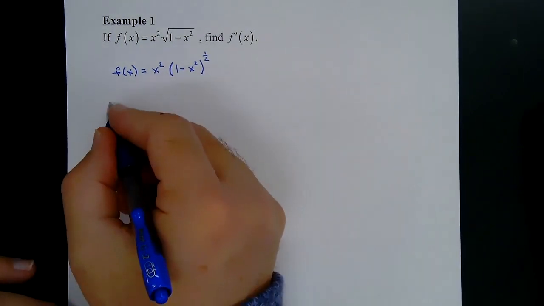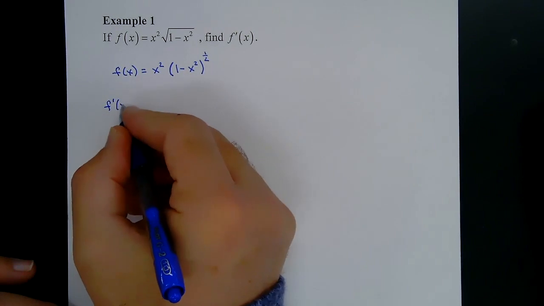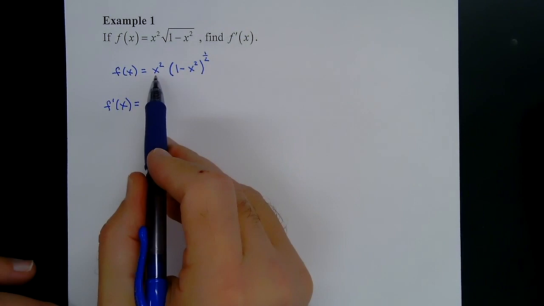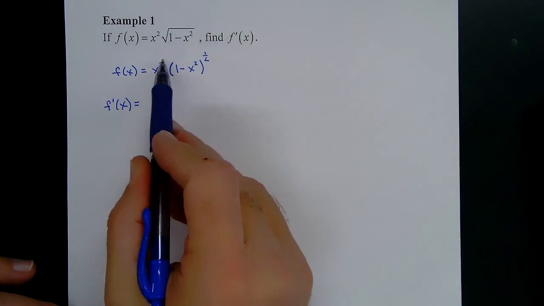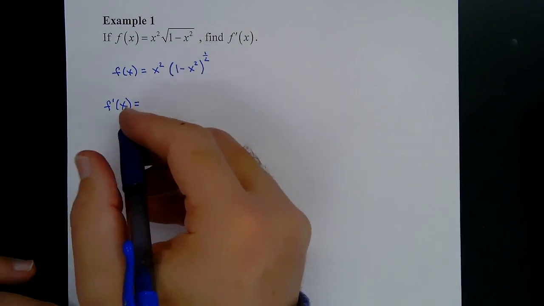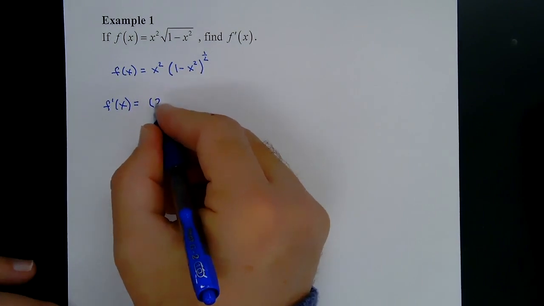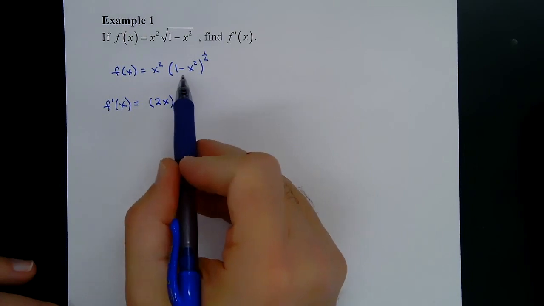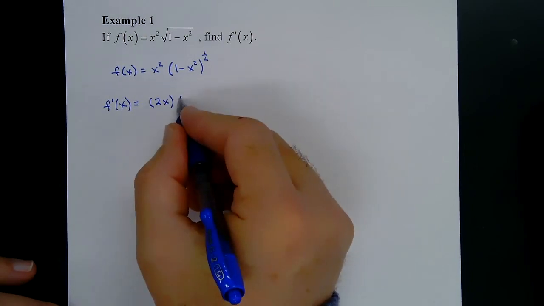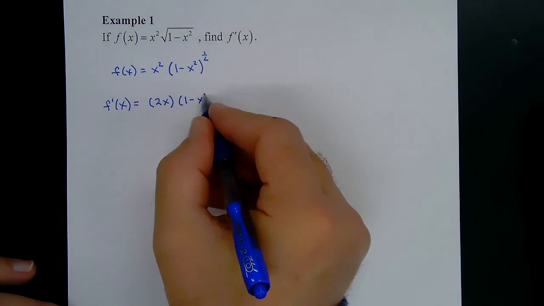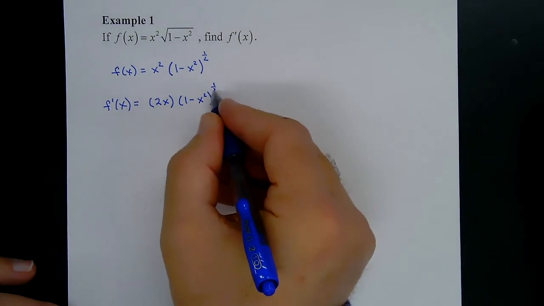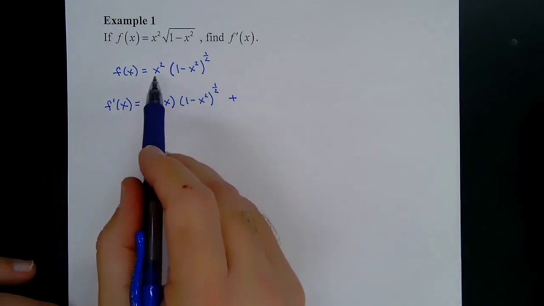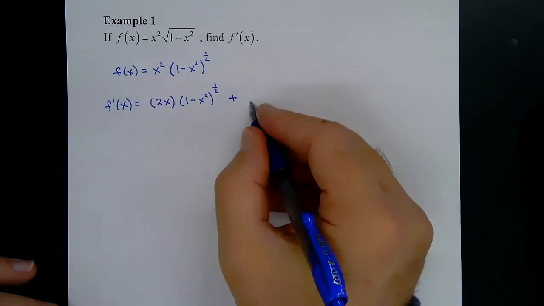Okay, so f prime of x is equal to, so I'm gonna take the derivative of x squared because that's my first function, and the derivative of x squared is 2x, times this second function left alone. So that would be 1 minus x squared to the 1/2 power, and then plus, and then it's going to be this first function, so x squared,